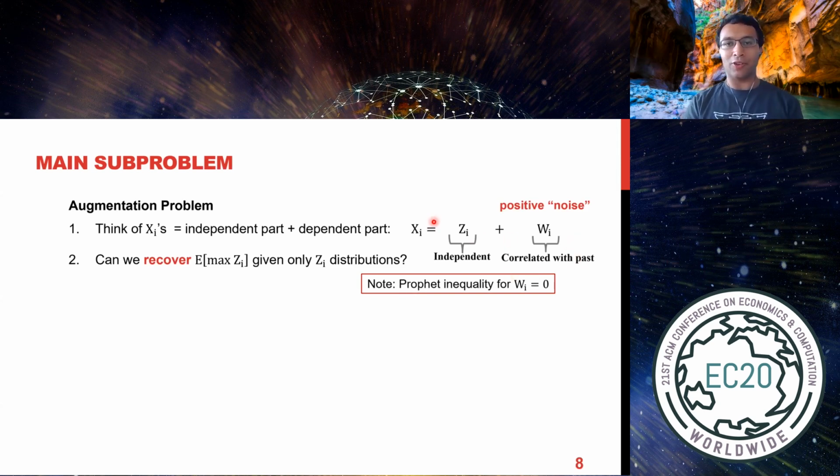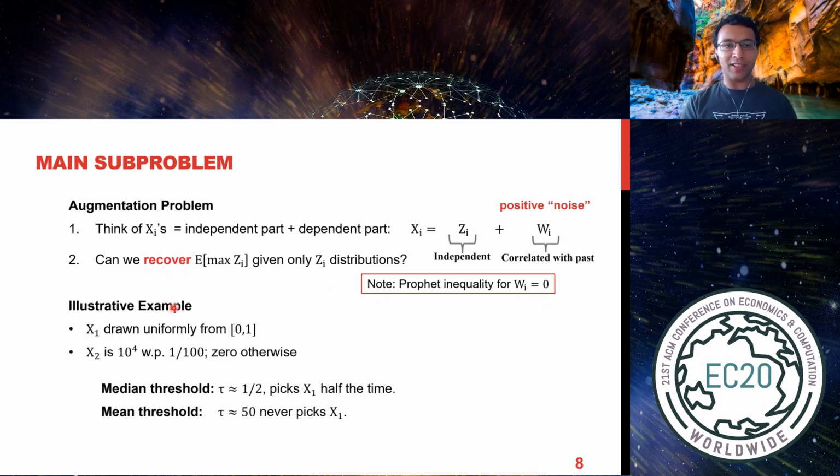So think of it in the following way: you actually wanted to solve the problem for z1 to zn, these independent random variables, but somehow you are getting a noisy version of each of these random variables. So you're getting to see xi's. This noise is always positive. So ideally you should expect that it should only help you. You want to get a value which is close to expected max of zi. So your hope is that this noise only helps you, but does it? Maybe your algorithms are not so robust to these noises. That's what you want to study. In the extreme case, of course, if these noises are 0, you get back to the profit inequality problem.